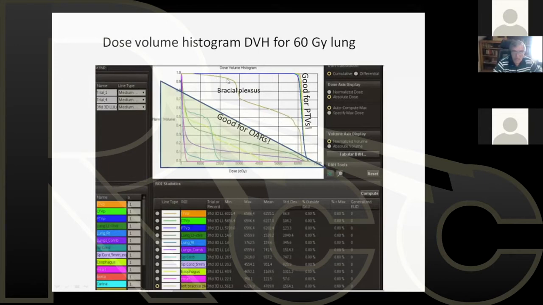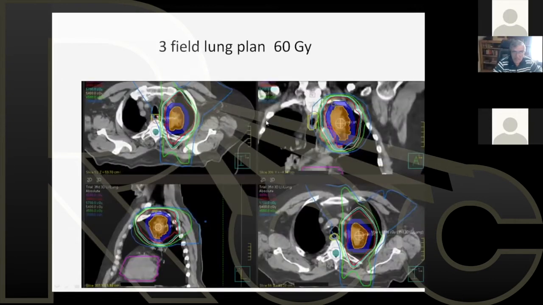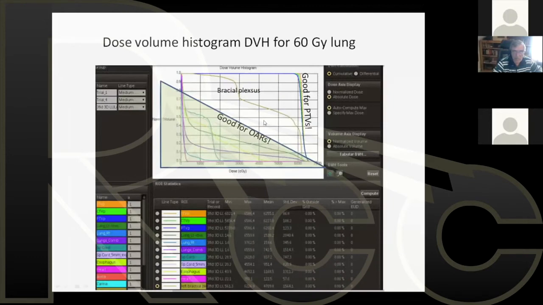When you treat a left-sided lung the way in the position that it is in this plan, you can't help but get dose to the brachial plexus. So the brachial plexus was contoured, and this is the shape of the brachial plexus. And a lot of times part of it is very, very close and almost into the tumor itself. But you can see where the brachial plexus dose is still limited to about 62 gray, and the doctor felt